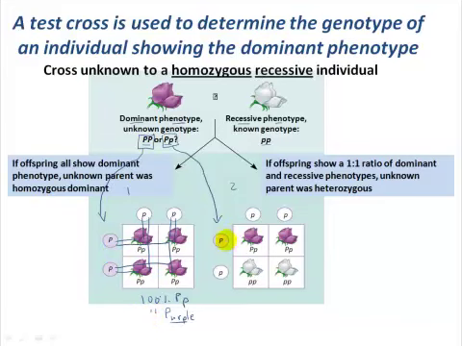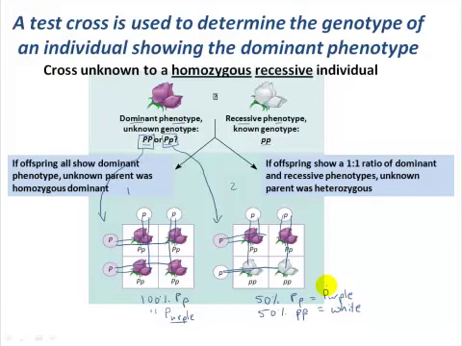On the other hand, if that purple flowered plant was heterozygous and could produce two different allele types, when we combine those in all possible combinations with the alleles being transmitted via the gametes coming from our white flowered plant, then what we would see is 50% of the offspring are going to be heterozygous and therefore purple flowered, and 50% are going to be homozygous recessive, which we know is associated with that recessive phenotype of being white flowered.